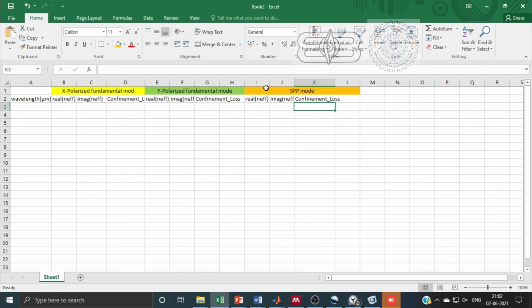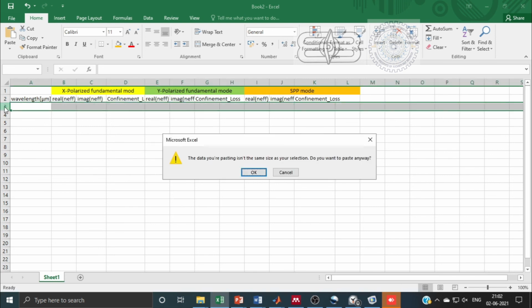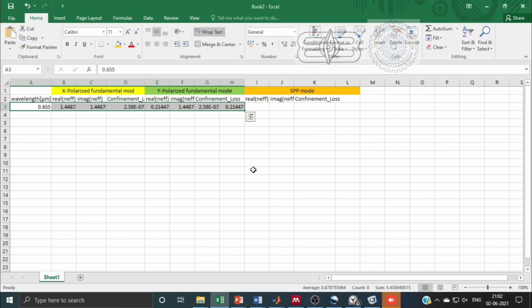Here I have made a file which has X polarized fundamental, Y polarized and SPP mode, and here wavelength, real, imaginary, confinement loss for X, Y and SPP mode. This will help us to find the phase matching condition.